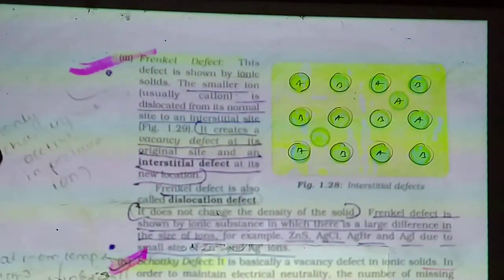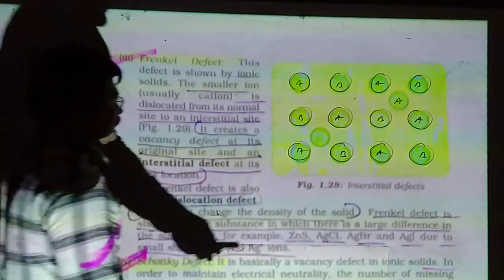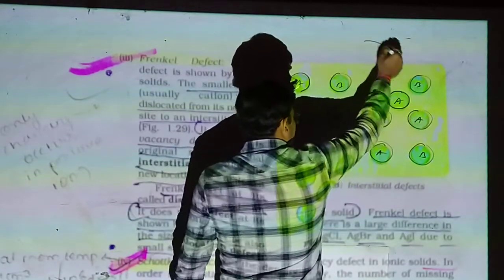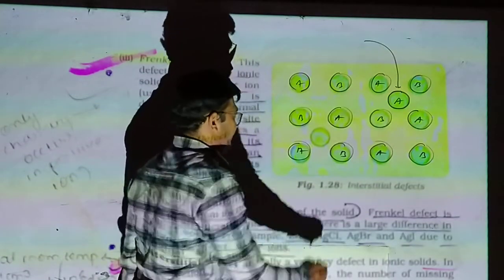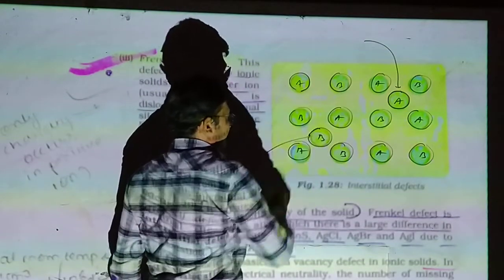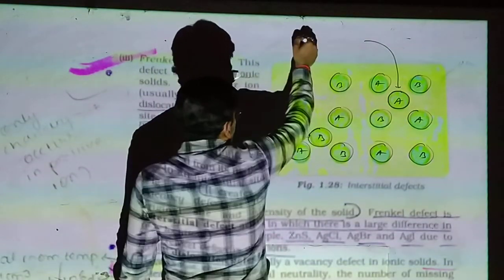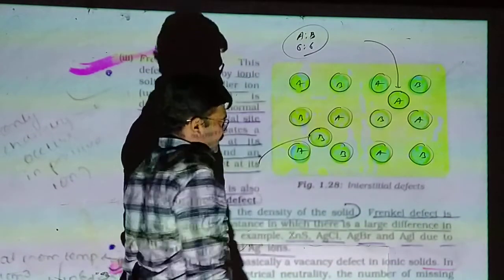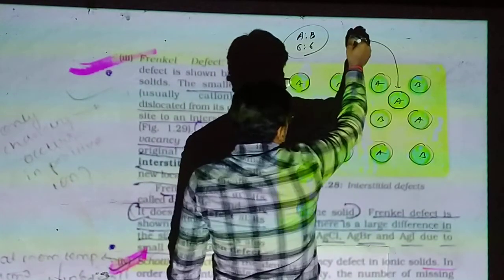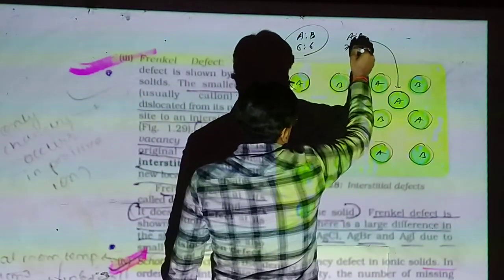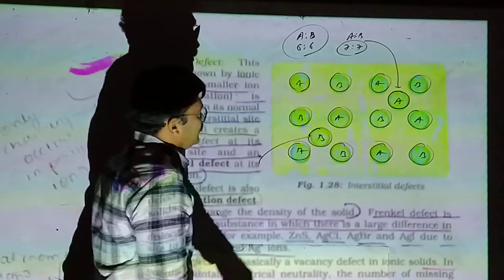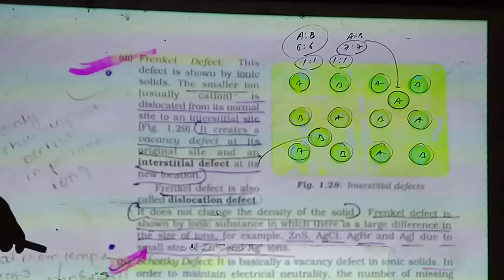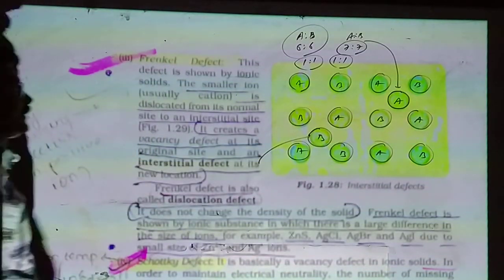The space between the constituent particles is called interstitial space. Here in the interstitial space, A is coming from outside. Here one B is coming from outside. Before the defect, A and B were 6:6. Now after the defect, A and B are 7:7. So stoichiometry is not changed. So that is stoichiometric. But you can see density will increase.